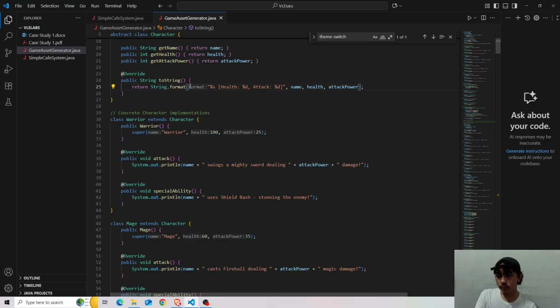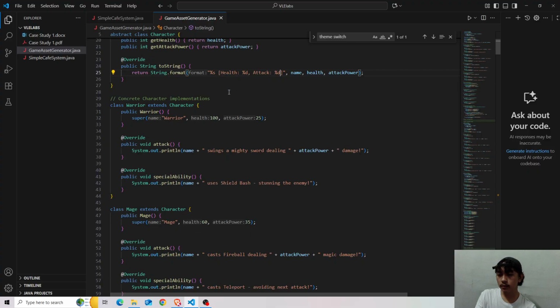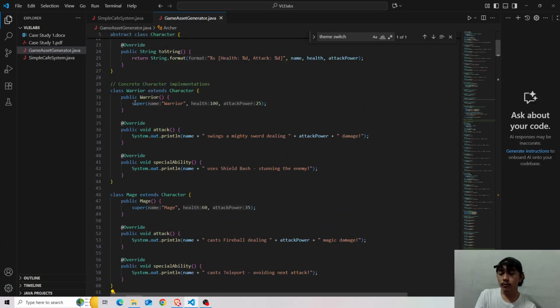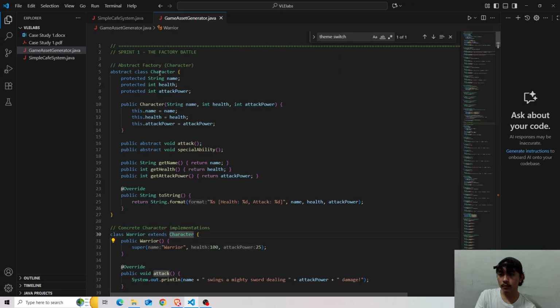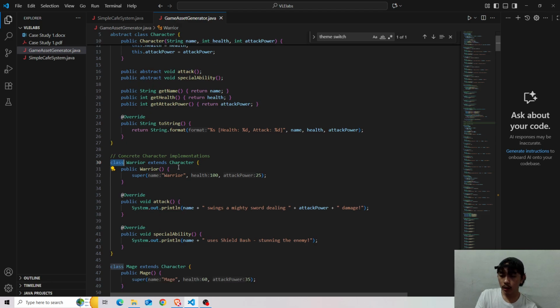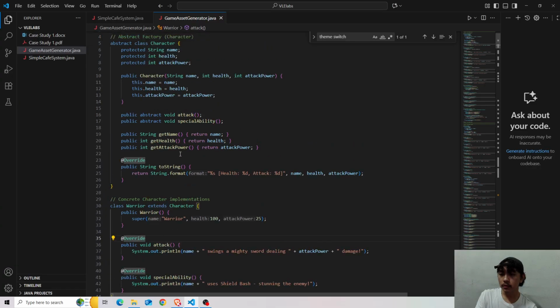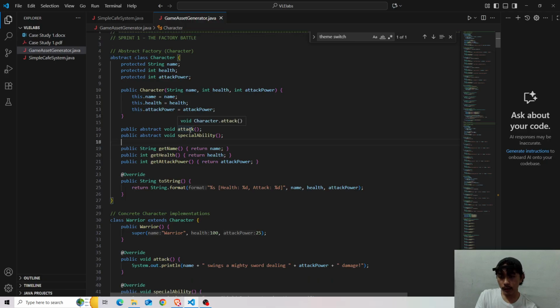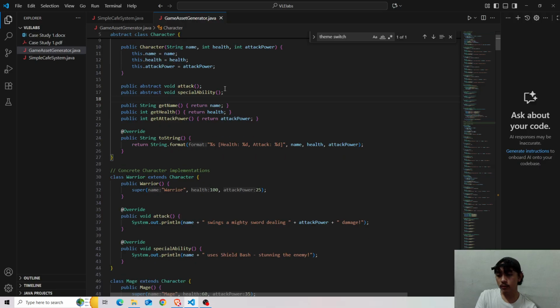So for the concrete character implementations, we have each character here: warrior, mage, and then archer. So each character extends the character abstract class, right? So our class warrior here, which extends character, must have attack and special ability methods.